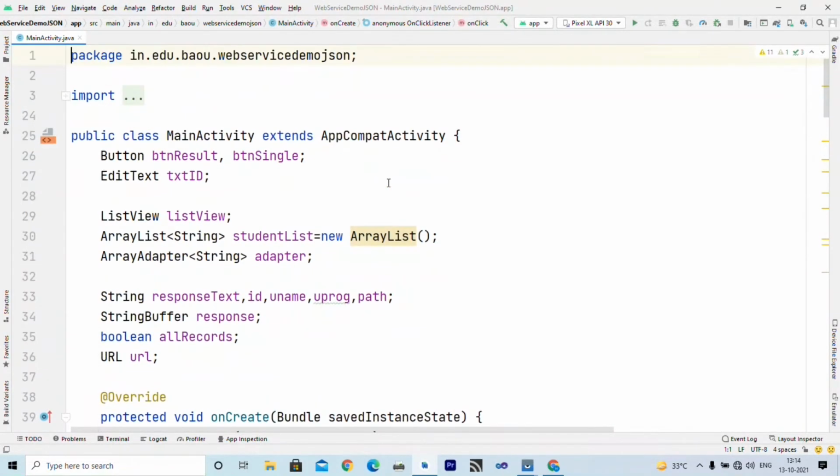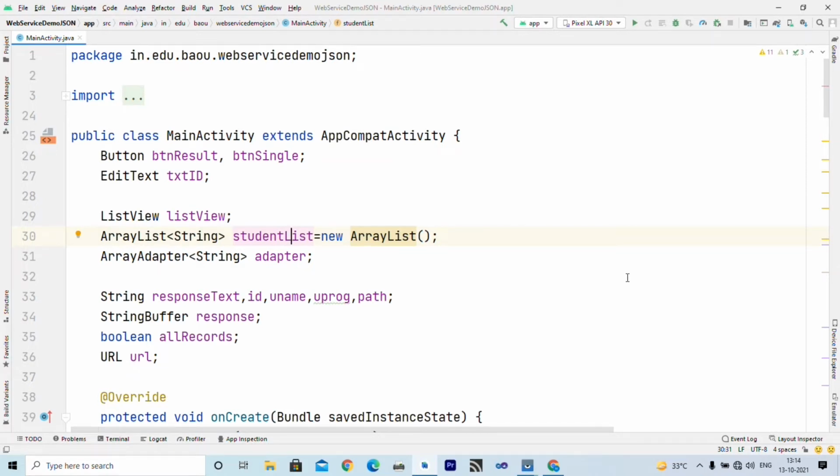So let us understand this code. I have declared two buttons to fetch data of a single student and multiple students. I have declared one edit text to fetch the student ID. I have declared one list view to display student data. I have declared one array list, which is a dynamic data structure, to hold a variable number of students. Student list is basically an array, but since it is an array list, it is a dynamic array.